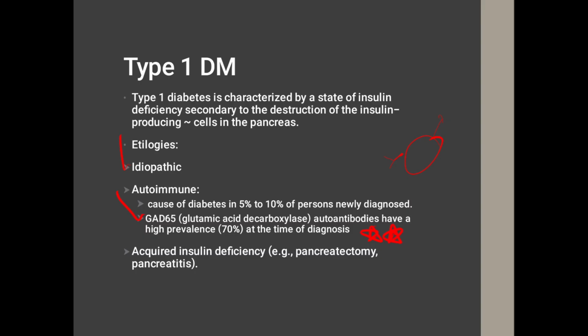Or it could be acquired deficiency, for example, patients who had a pancreatectomy, so they remove the pancreas because maybe of cancer, lesions, etc., or pancreatitis. And I want to mention this, that's important, specifically chronic pancreatitis. Okay,